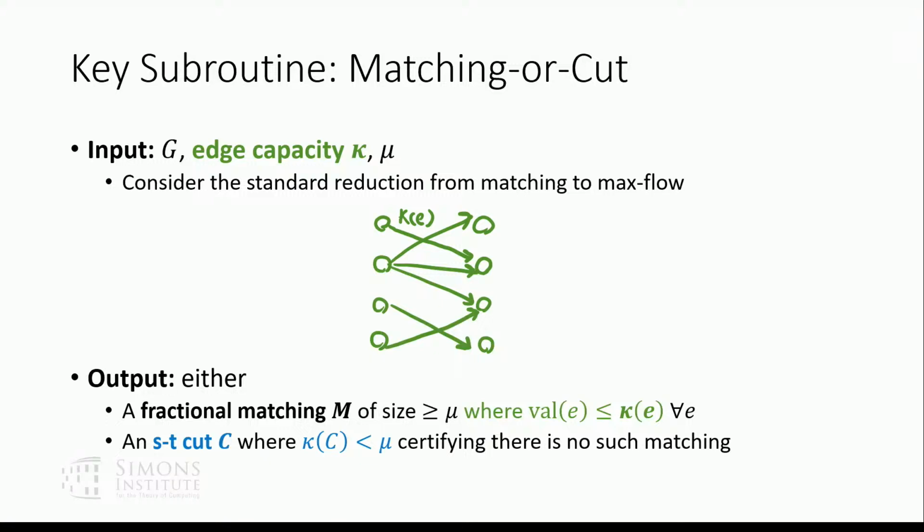And so as a subroutine, you can solve a problem where, let's say I give you a graph and I give you capacities. I say every edge is allowed to have at most kappa value, and I want you to find a fractional matching. This is just a static problem, and it is easy to solve using standard matching techniques. You can either find a matching that obeys these capacities, or you can find a cut that says on these edges the capacities are too small, so it's impossible for me to find a large matching.